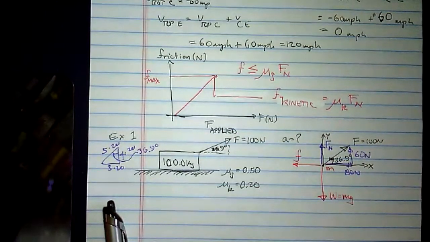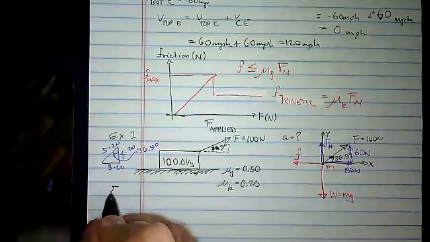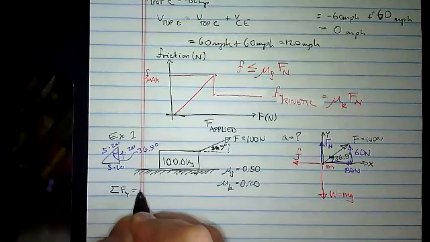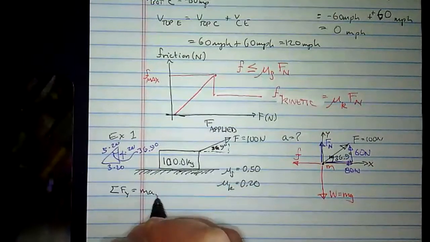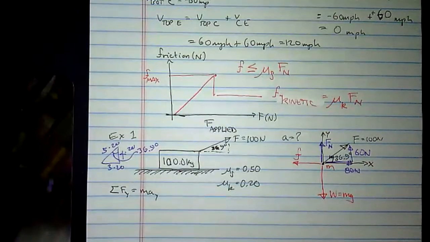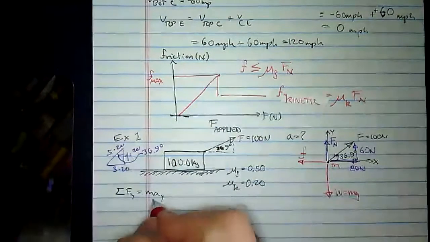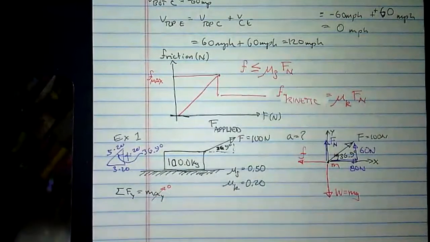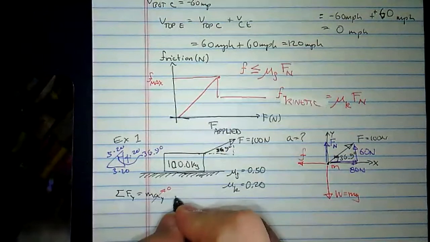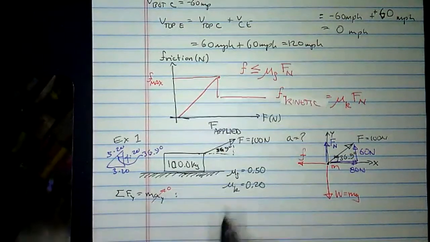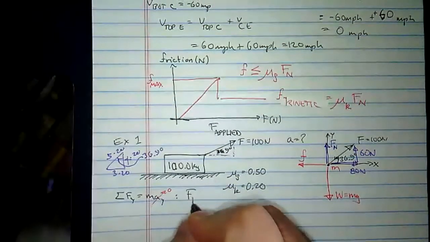Okay. Now I can do my F equals ma. I'm going to say the summation of the forces in the y direction equals mass times acceleration in the y direction. And we're going to use our fact that, again, the box isn't bouncing vertically. So we're going to say that acceleration is 0, and we'll call the x acceleration the only possible acceleration. So in this case, I'm going to see that Fn, which is positive,